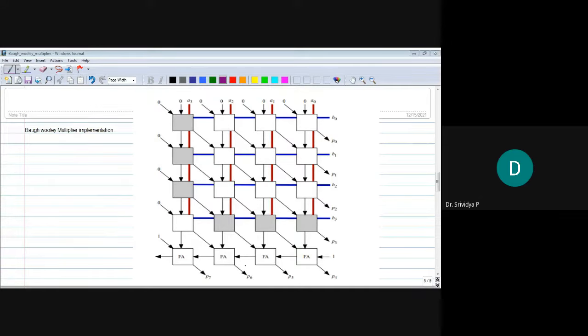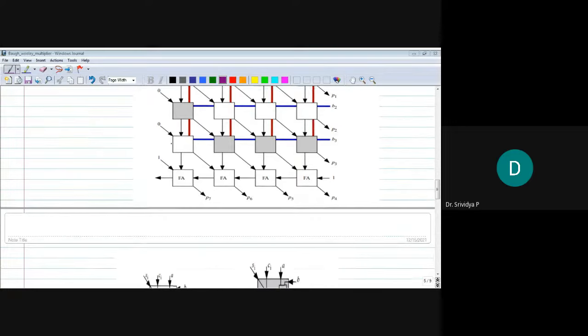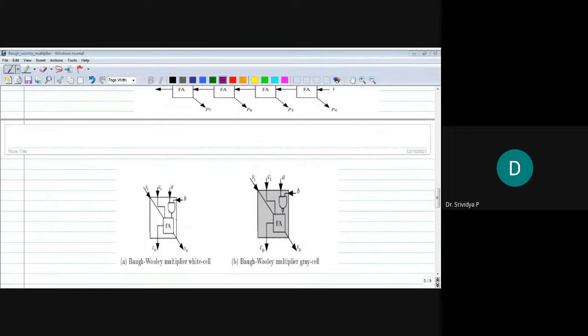This is the last stage of the full adder, which you will analyze to see why it is required when you take a particular example of -5 and 2. Each gray cell is represented like this. Each gray cell has a full adder, and we don't give the inputs A and B directly to a full adder.